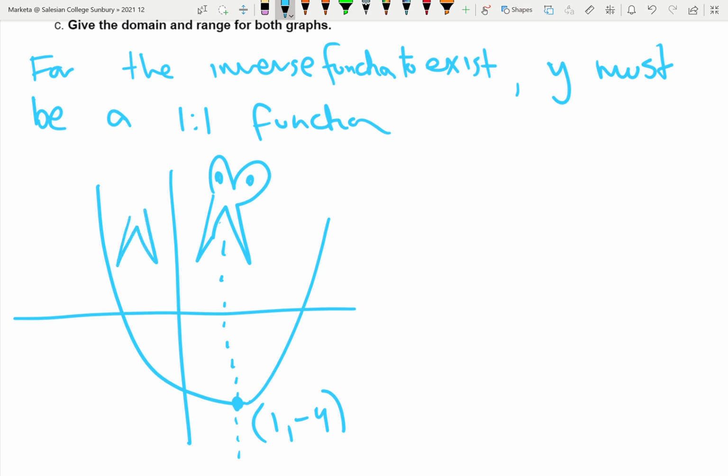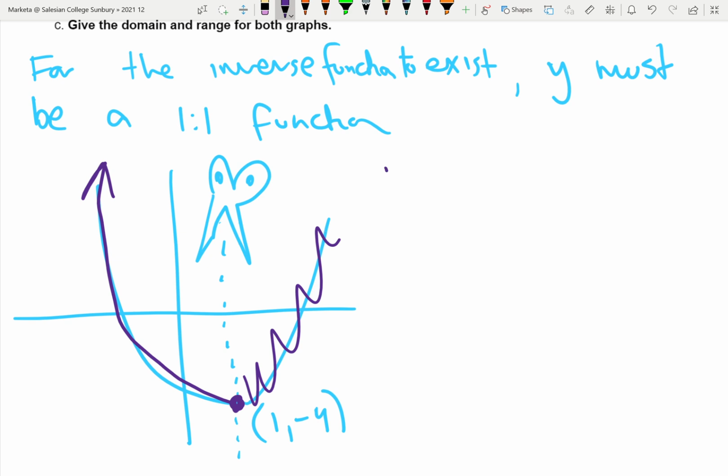You could cut it here if you wanted to, because you'd also have a one-to-one function if you went from negative infinity up to here. That would be fine as well. But what we want is the largest value of a. They've specifically asked. So that means at the turning point, you're going to have a one-to-one function for this part. From negative infinity up to our turning point, if we cut off all the rest, it's now a one-to-one function. So the domain has to be from negative infinity